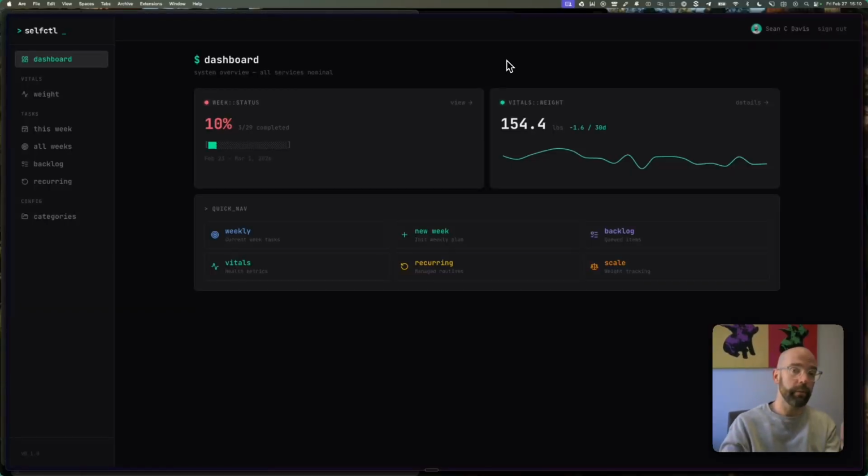This is something that I really want to dig into, this idea of the API, because I think there are multiple layers here. On one hand, I can build this app and make it really nice and easy to interact with. This is a Vite and React application. I've got Neon DB behind it all. There's the health portion of it, but then there's also the task portion of it.